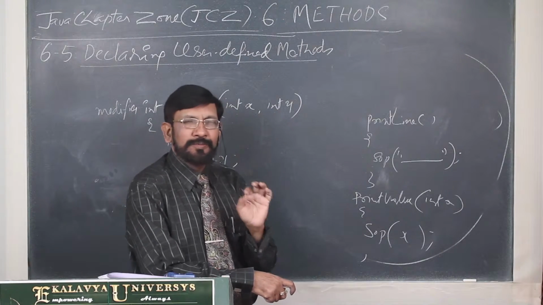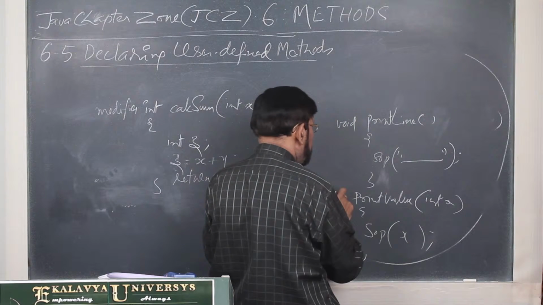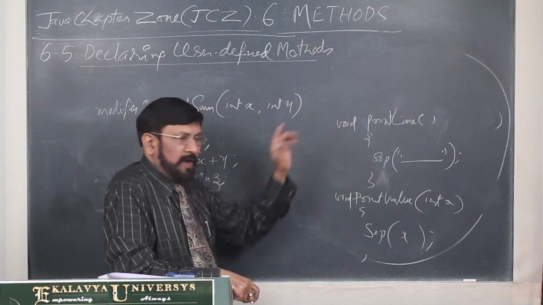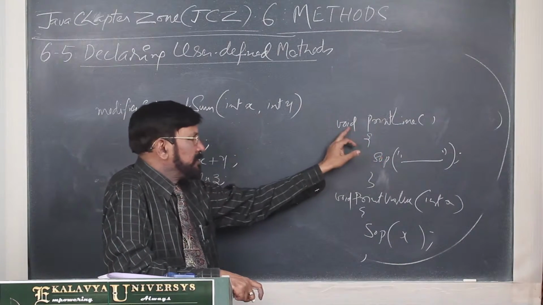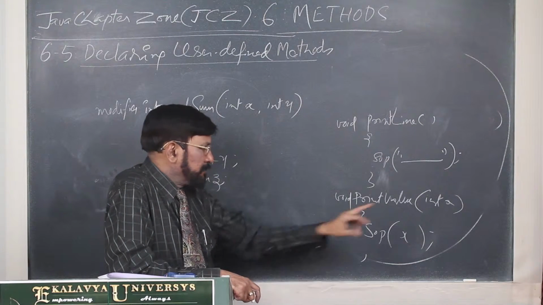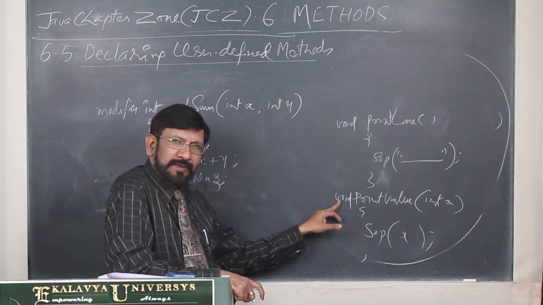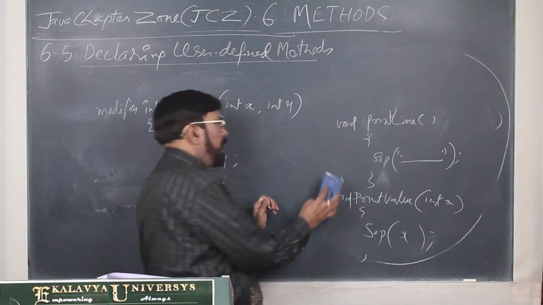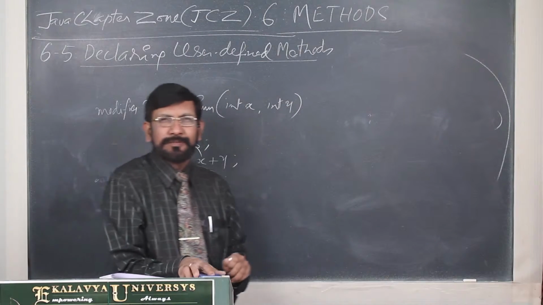So we should not keep quiet. It should be indicated by one keyword, called void. What does it mean? void is a return type of the method. This method does not return anything. It is specified by void. If you don't write anything, it leads to error. And this also does not return anything. You have to specify the return type void. Always remember that.